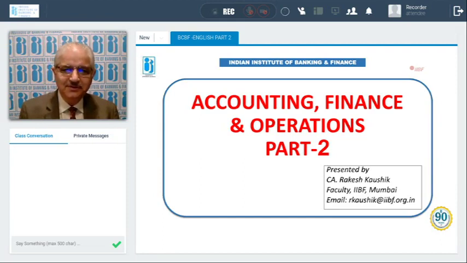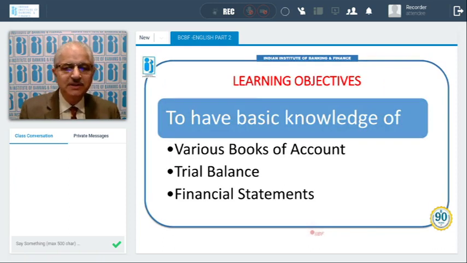Welcome to this session on accounting, finance and operations, part 2. In the first part, we discussed the basics of accounting, the accounting concepts and double entry bookkeeping. We also talked about the rules of double entry bookkeeping, how we debit and credit accounts when we apply the dual aspect of